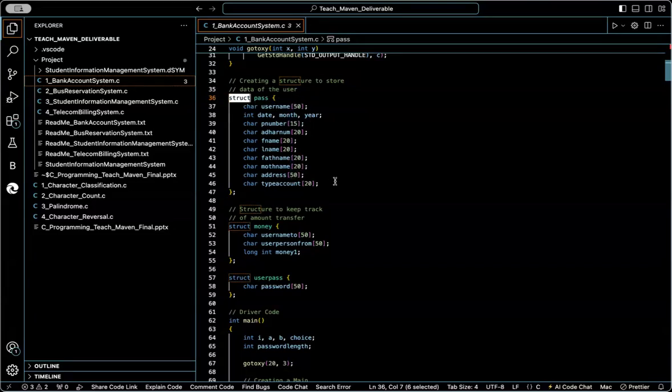Okay, first one is username. Yes, the user should choose their username. Then what is the date? What is the month? What is the year? These are the things which we will display once he logs in, and we will also store this in our backup database, including what time he has logged in,